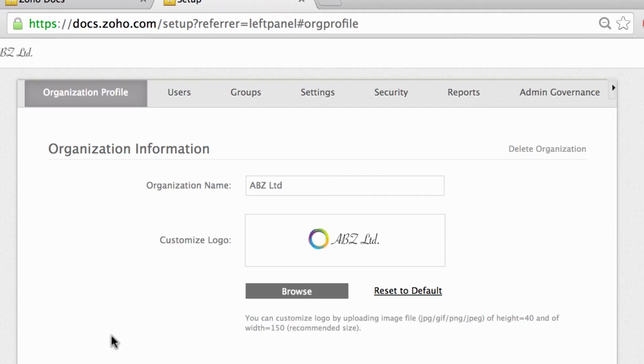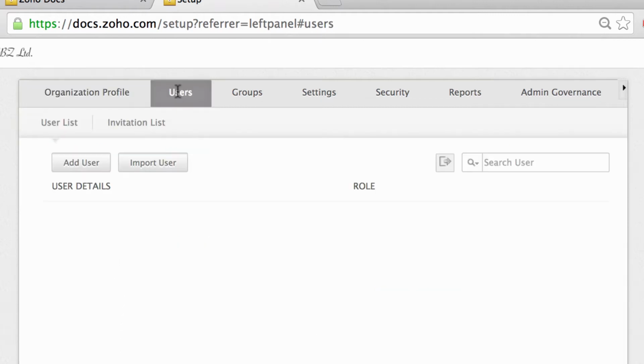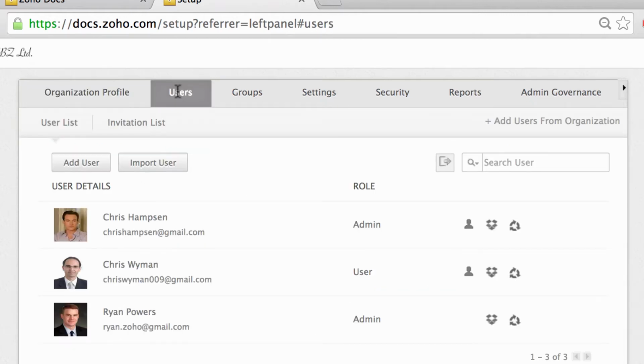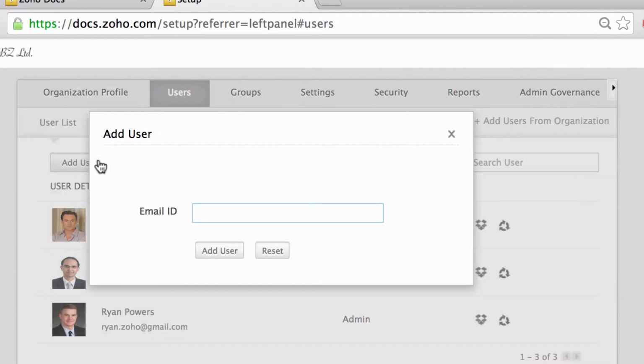The next step an admin should do after setting up the organization is adding the organization's employees as users to this online organization he has set up in Zoho Docs. This step is very important because only by becoming members of the organization will the employees be able to use the paid functionalities and the storage space the organization has subscribed for. To add the users, the admin should go to the Users tab in the Admin Console, click the Add User button, enter the email address of the employees,